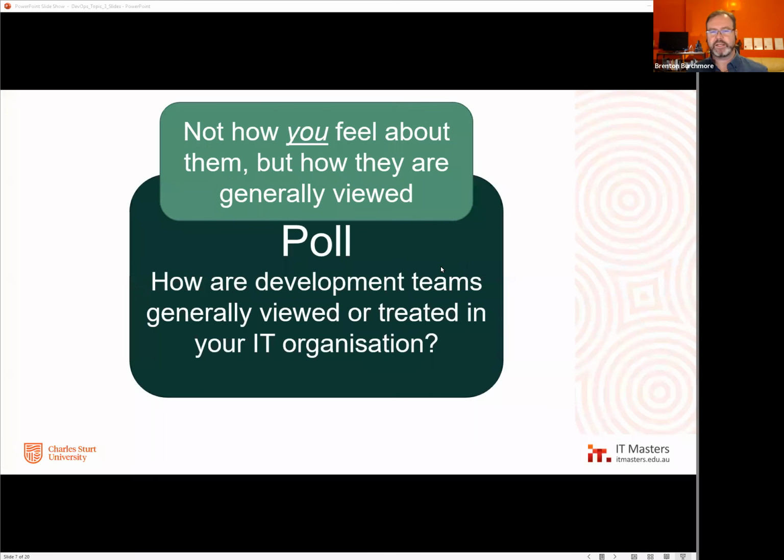Because when we see a perspective, we then start to say, well, what's expected of developers? And when we look at what's expected of developers, then we look at what we need to give them in order for them to meet that expectation. How do we create a culture and an environment that supports development doing what's expected of development? And if we're not expecting certain things of development, are we letting our entire organization down?